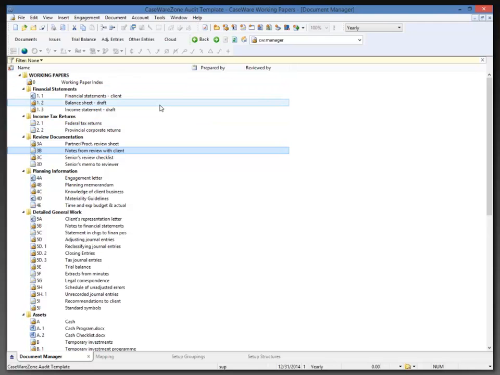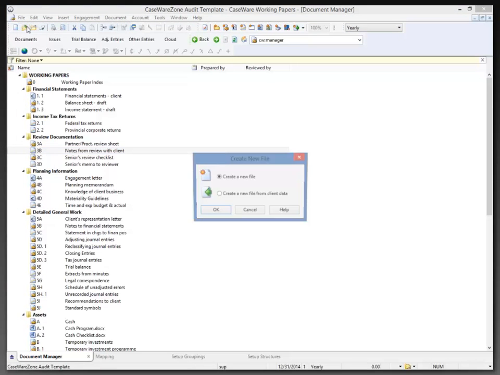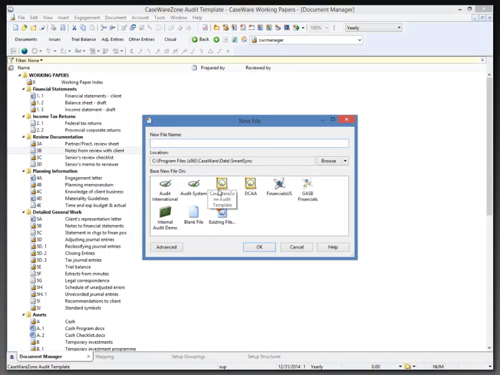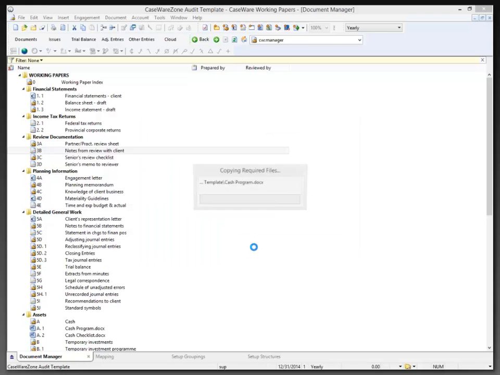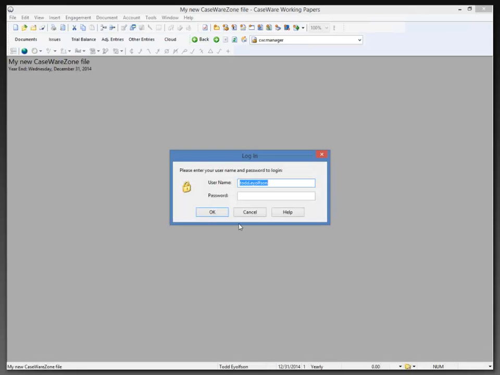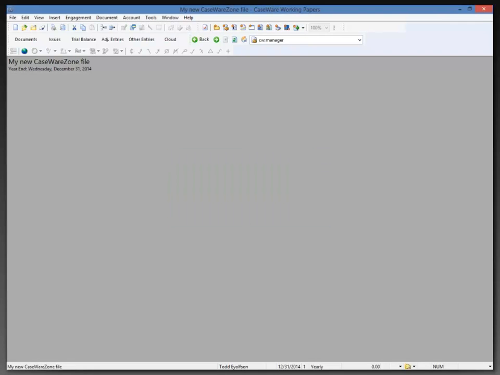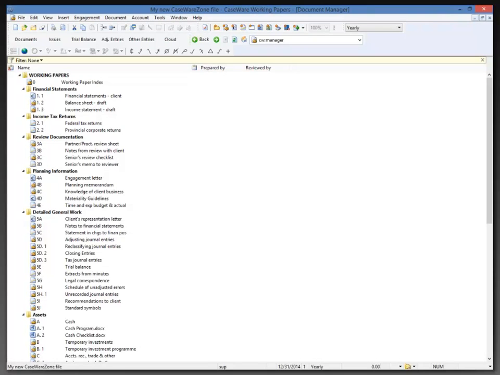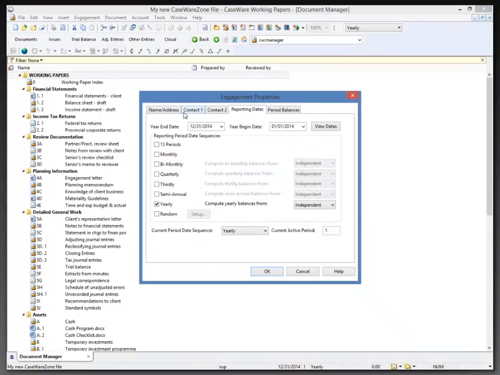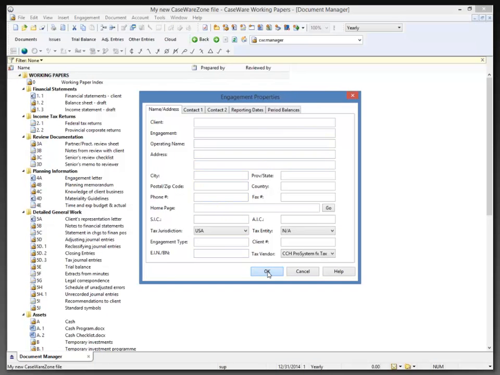Now that this template has been created, I'm using air quotes here for the word created, what I'd like to do is create a new file from my template, and I would just go File, New, create a new file, and my new Caseware Zone file, and I'm going to use my Caseware Zone Audit template. When I click OK, it's going to reach out to that particular template and create the new file for me. And I do have to log in, and again, I'll just log in as a supervisor here to keep it simple. Now, it opens up, and I would fill in the information related to my client at this point, but